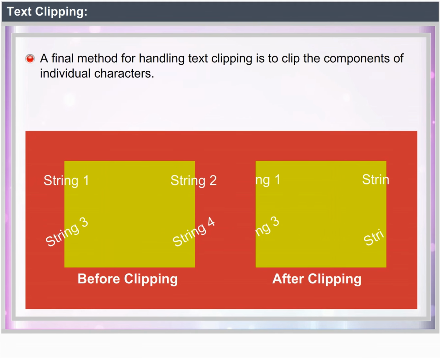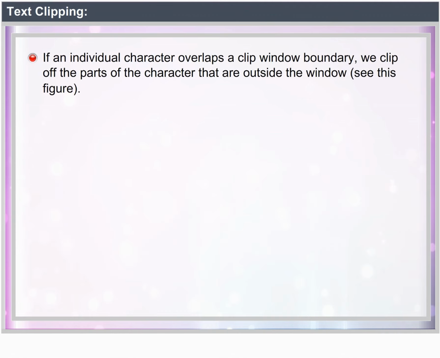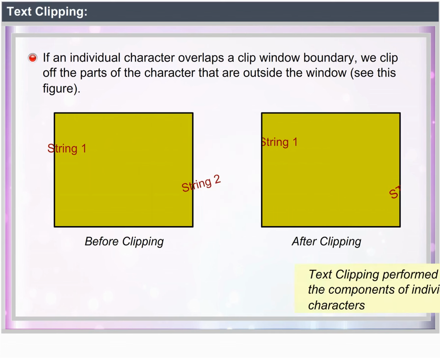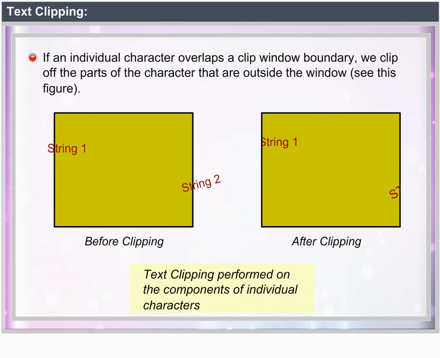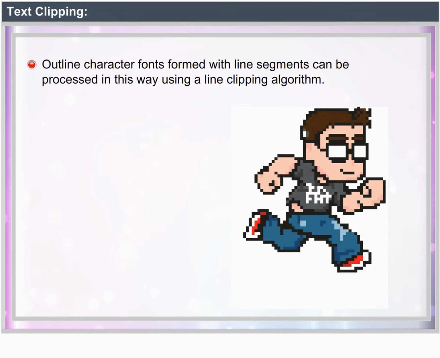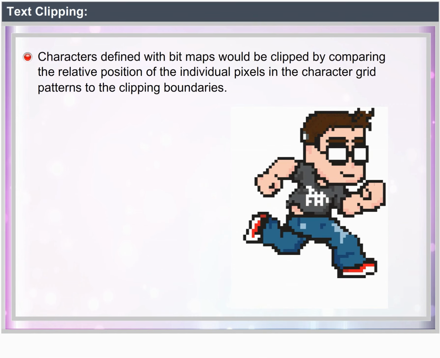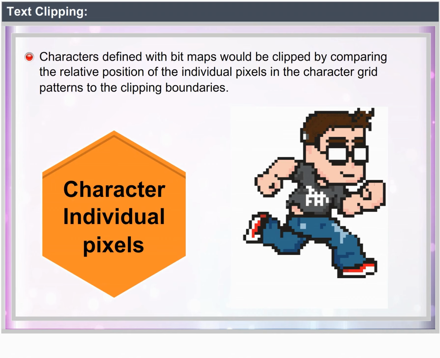A final method for handling text clipping is to clip the components of individual characters. We now treat characters in much the same way that we treated lines. When an individual character overlaps a clip window boundary, we clip off the parts of the character that are outside the window. See figure. Outline character fonts formed with line segments can be processed in this way using a line clipping algorithm. Characters defined with bitmaps would be clipped by comparing the relative position of the individual pixels